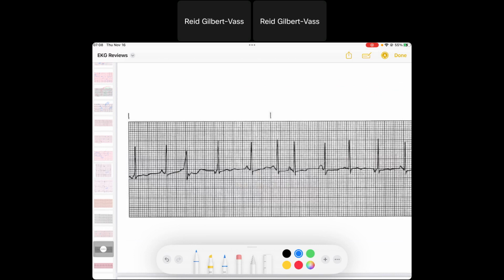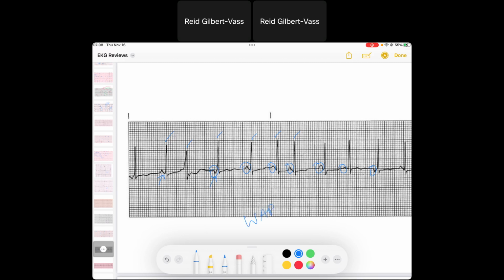So here we've got a rhythm that's kind of irregular. We've got beats all over the place. You've got P waves in front of each one, but they're downward, upward, upward but different, kind of flat, downward. So we've got multifocal atrial activity in this, and so we would maybe call this a